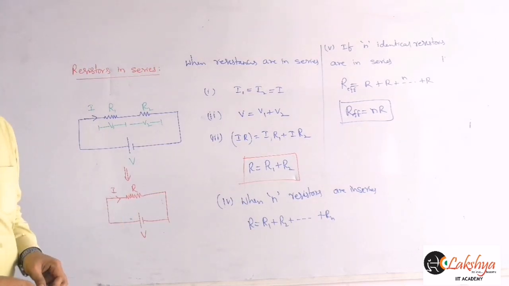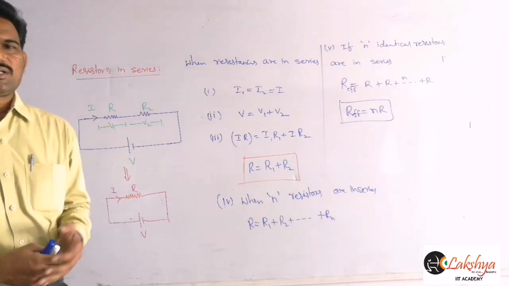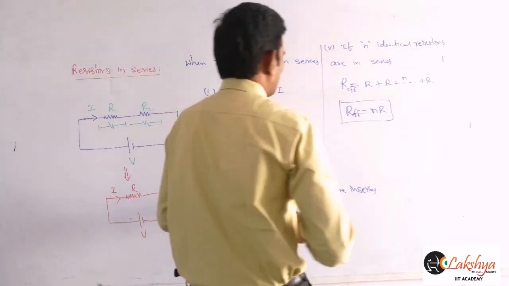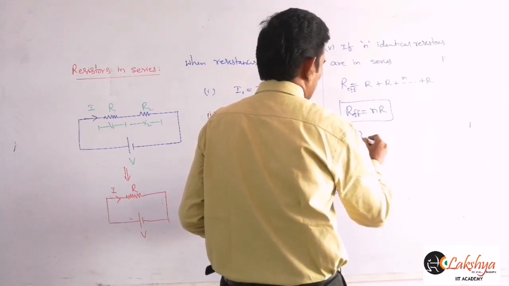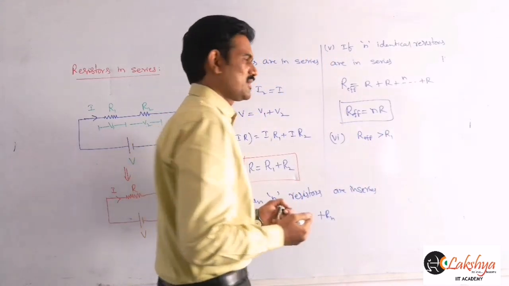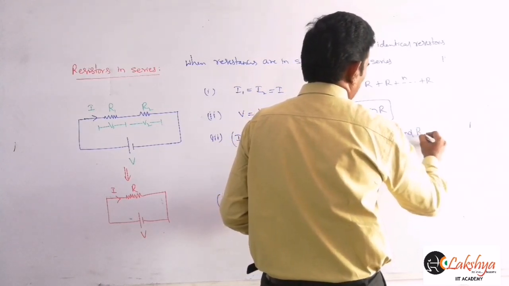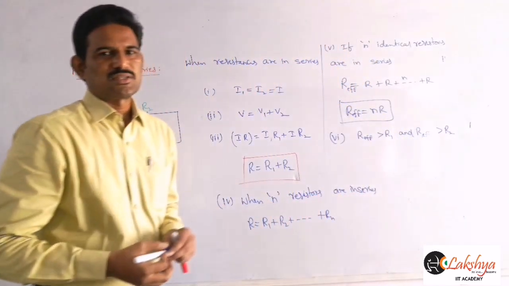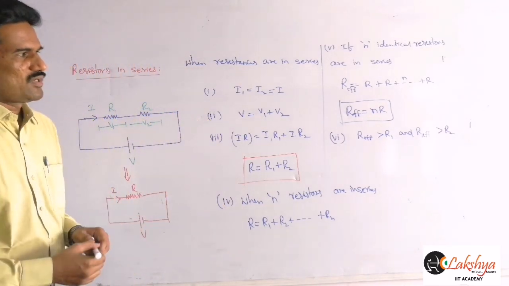So that is when n resistors are joined in series, and you can observe that when the resistors are joined in series, we can conclude that the effective resistance value will be greater than the individual values. That means we can mention another point here: whenever the resistors are joined in series, the effective resistance R effective will be greater than R1 when two resistors, for example I am writing for two resistors, and R effective will be greater than R2. When two resistors are joined in series, the effective resistance will be greater than the individual resistors, either R1 or R2, right?